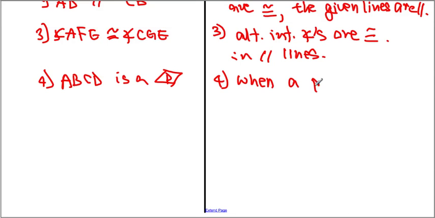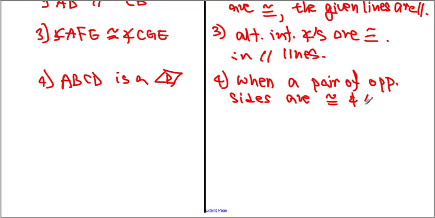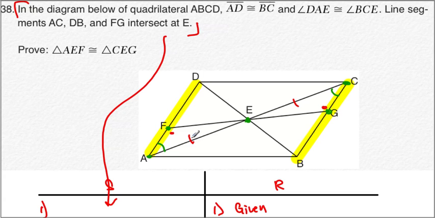When a pair of opposite sides are congruent and parallel, it forms a parallelogram. Alright, number 5. Because it's a parallelogram, we get to realize that